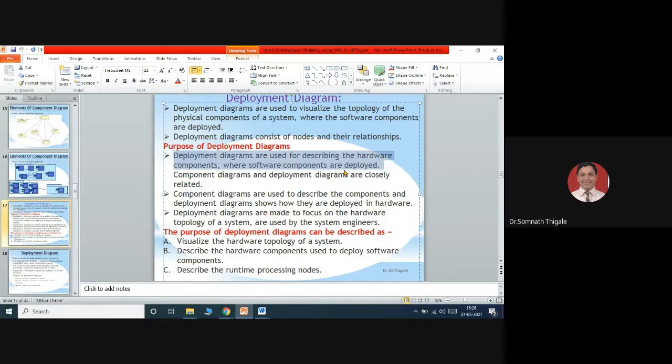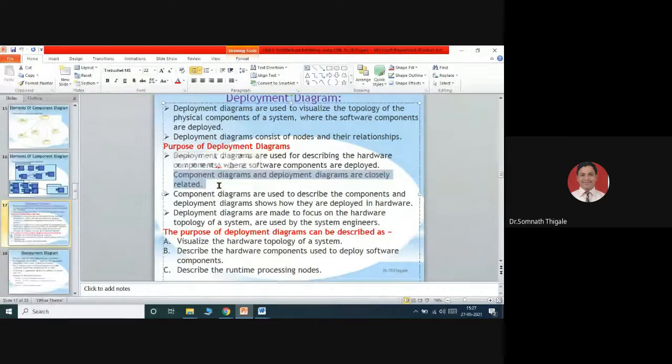Component diagrams and deployment diagrams are closely related, yes, no doubt, but the basic difference is that more technical details you will find inside the component diagram, whereas compared to the component diagram, deployment diagrams are simpler versions, because in a component diagram each and everything we will discuss. In the case of a deployment diagram we have a very small structure, and that structure will tell us the basic idea of which part we will keep at what side.